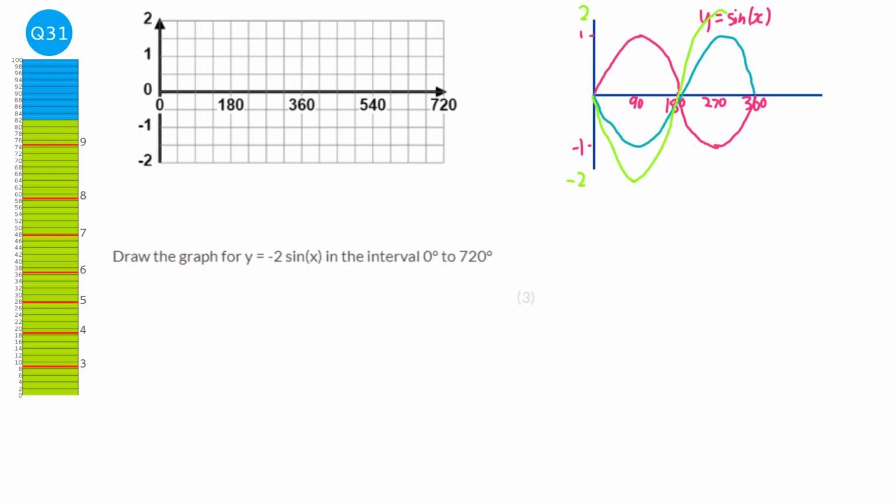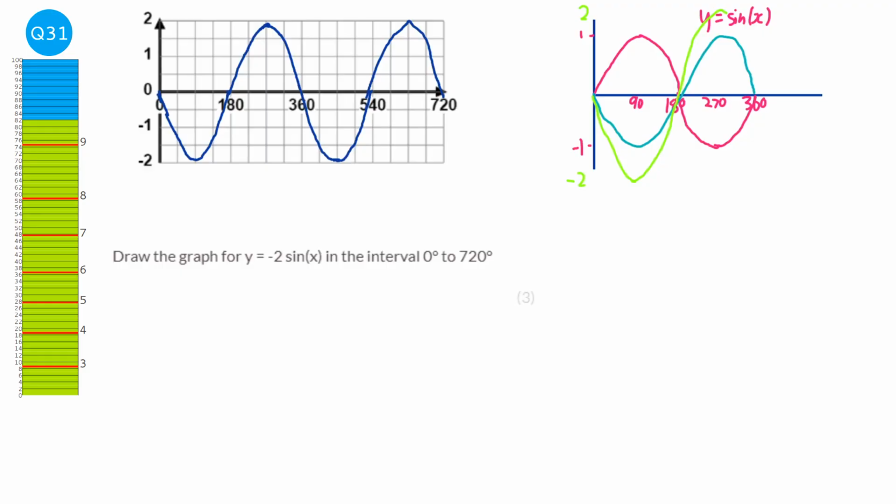So it will go down at 90 to minus 2, back up to 180 at 0, and then back up to 2 at 270, down to 360, and then it will just go again, 540, up there, and then back down. Not the best graph I've ever drawn, but I think the examiner will understand that I know what